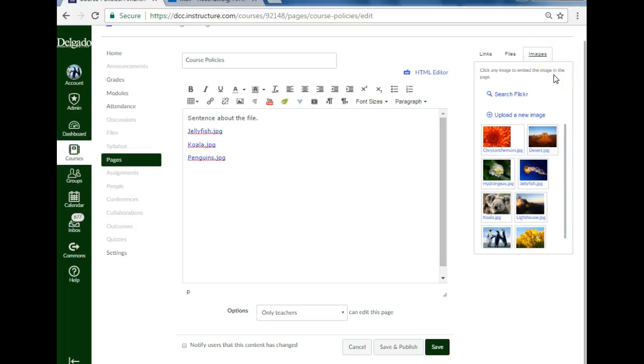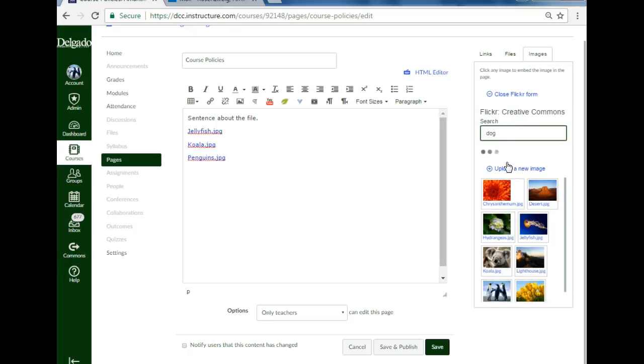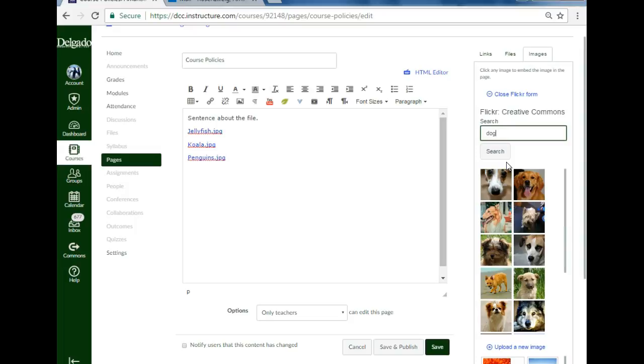Okay, so we can see that any picture I've already uploaded is present. But maybe I don't want these. I'm going to go search Flickr, and this is where Canvas gives you a repository of pictures that they have rights to, so we don't have to worry about any copyright violations. So I'm just going to put in dog, because I'm a crazy dog lady, and I get all these pictures of dogs,